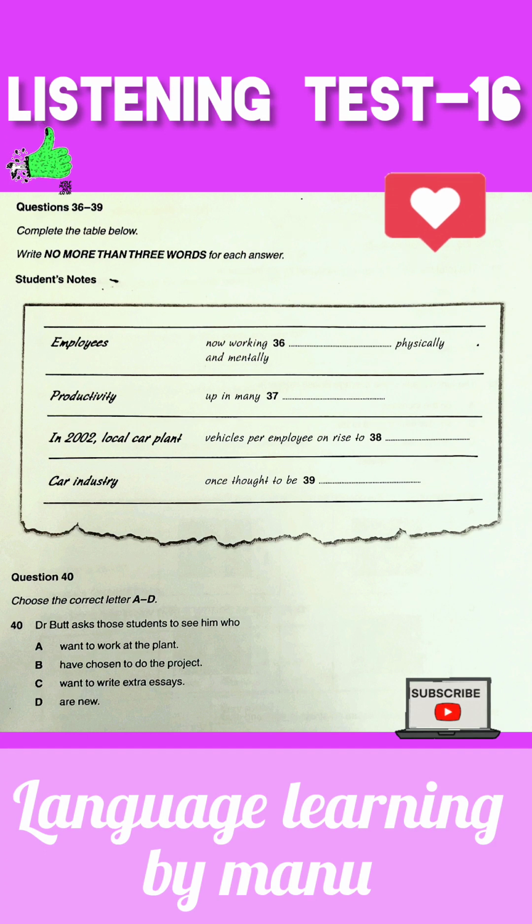It would be interesting to do a survey of the work life at the plant. Those of you who have opted to do the project and reduce the number of essays you have to do may want to look into this. Please see me at the end of the lecture. Right, now, let us move on to something else which I think...